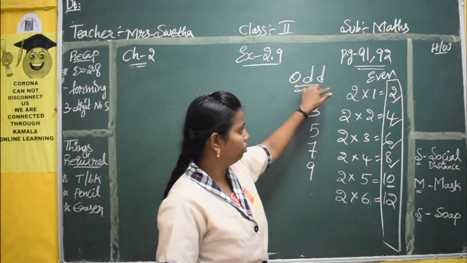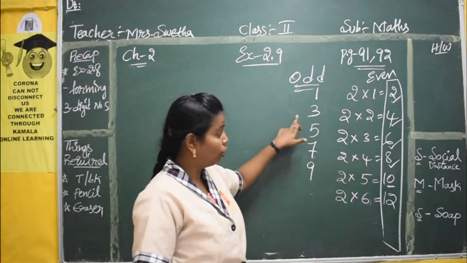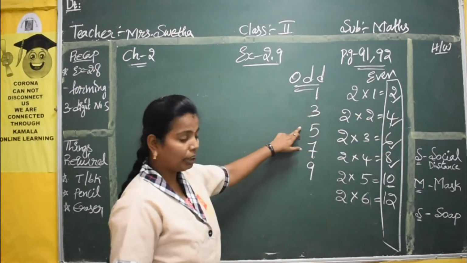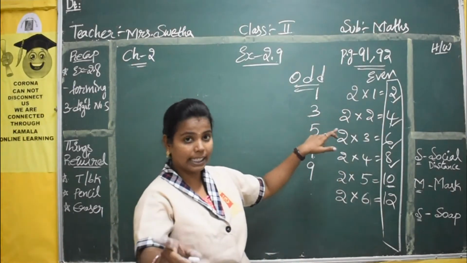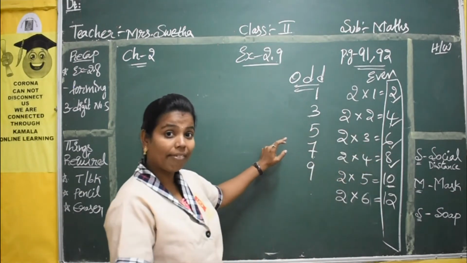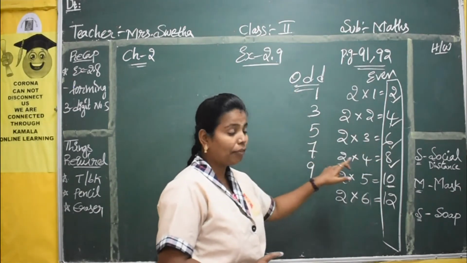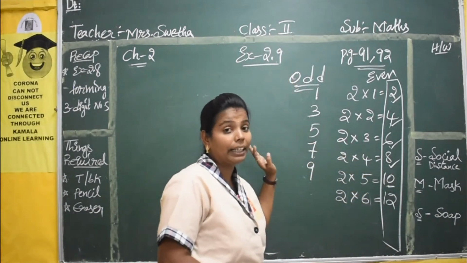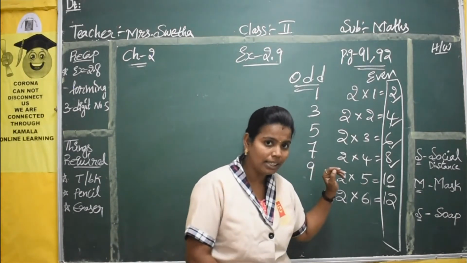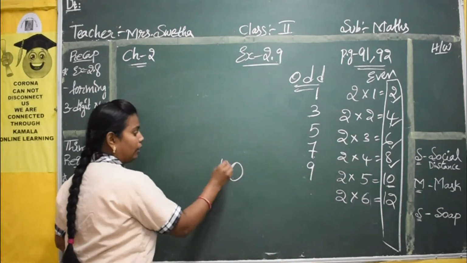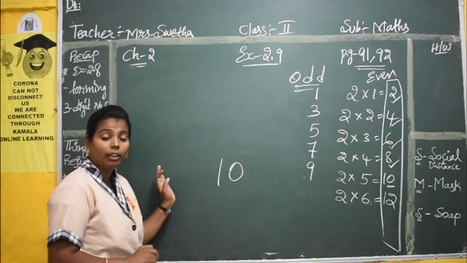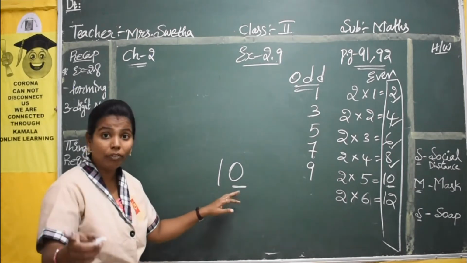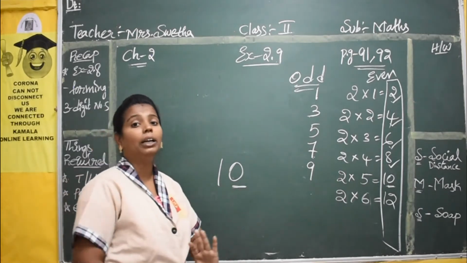Okay. Next to 2. So 2 is an even number. After 2 comes 3. 3 is an odd number. After 3, 4. 4 is an even number. After 4, 5. 5 is an odd number. After 5, 6. 6 is an even number. After 6, 7. 7 is an odd number. After 7, 8. 8 is an even number. After 8, 9. 9 is an odd number again. After 9 you have 10. 10 means it is a 2-digit number. So just now I said, when you have many digits in your set of numbers, you have to check the last number. The number which is ending with 0 also will become an even number.